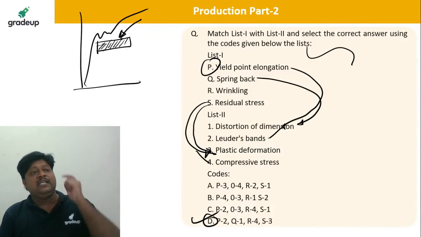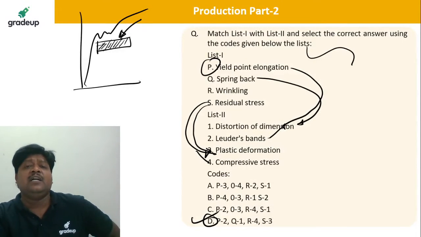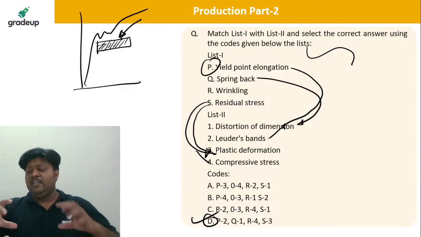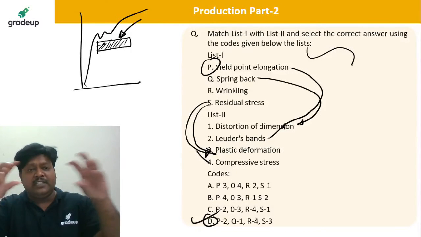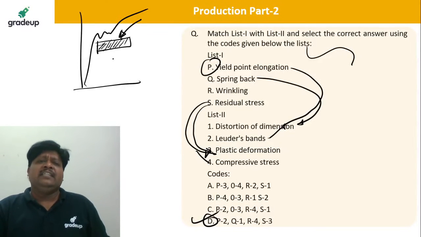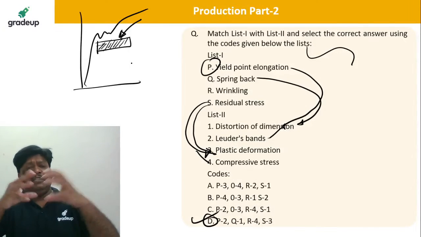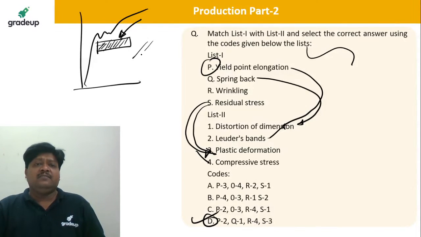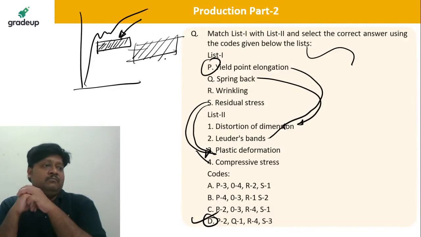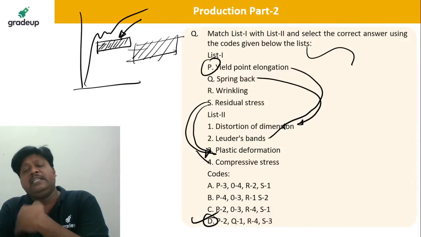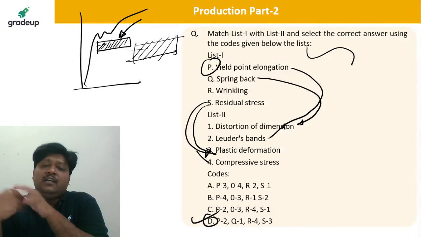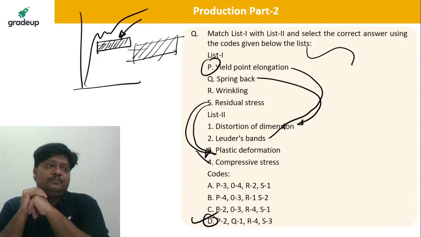Abhishek Khadse, Luder bands are nothing but the yield point phenomena. You get them when there is yielding of the material. Some stretch marks occur on your test specimen, and they are only visible when there is huge deformation. These bands, Luder bands or the Hartmann lines. Spring back generally occurs in the bending operation. This is nothing but the elastic recovery. I have already told you about residual stresses earlier.